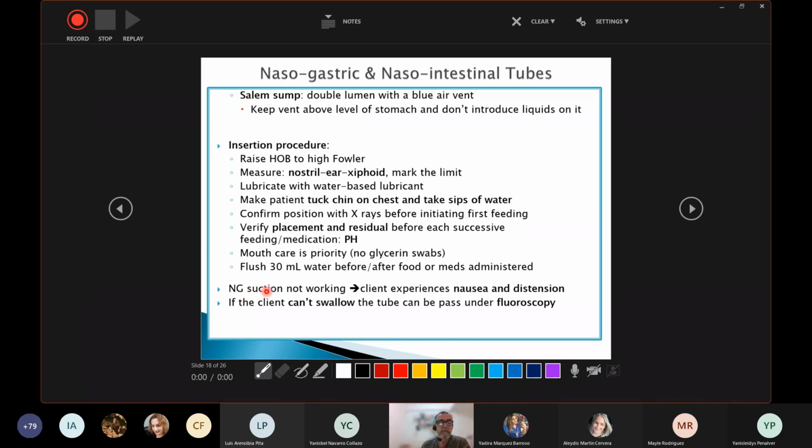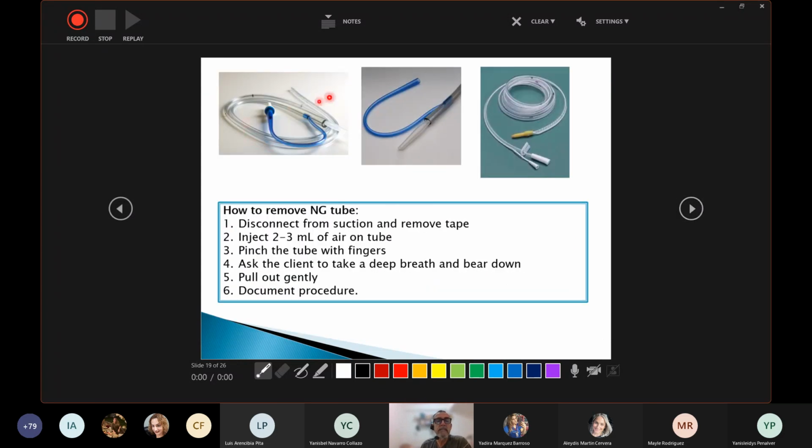If you have a patient with a nasogastric tube connected to nasogastric suction, it's because they are using this tube, which is called a Salem sump. So remember the Salem sump is connected to the suction machine. And this suctioning generally is intermittent. But this blue tail, the short tail of the tube, is for air to enter. It is an air vent, and only air can enter here.